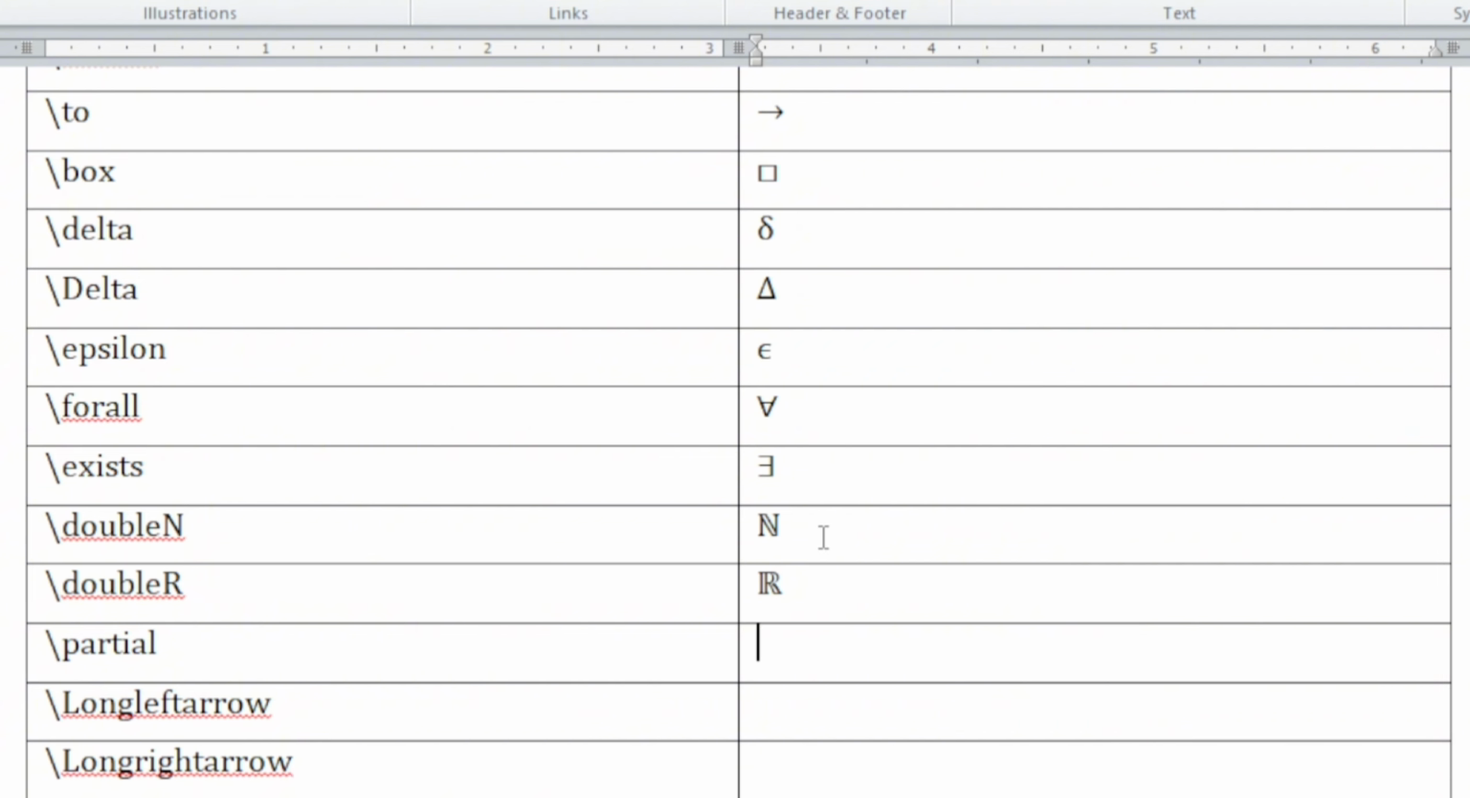The same thing. If you want to write a set of integers, for example, you can write double Z. You get the gist. That's just it. Okay, now partial, that's partial derivative, right? That's there, something derived. So long, don't forget, this is, be careful, this is a capital L. Long left arrow,